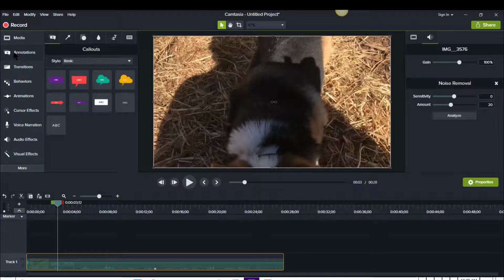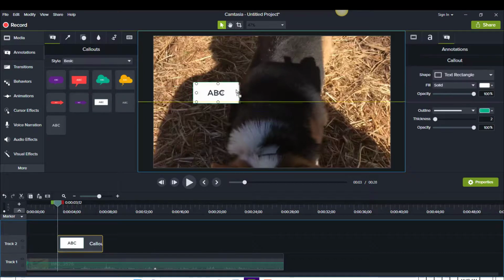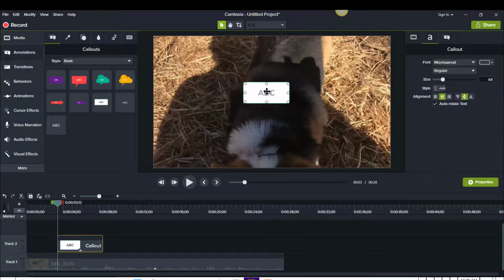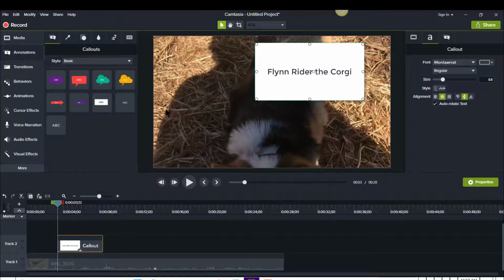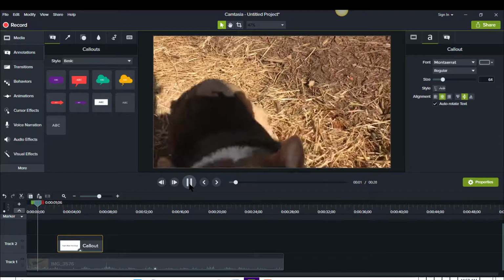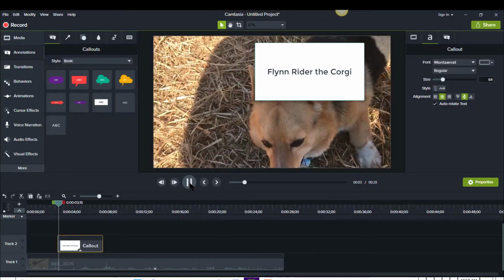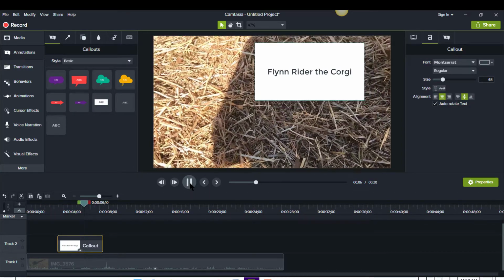Now, most of the tools also will let you do something like put text on it, so you can have a title. So I can say Twin Rider the Corgi, and I can make it big like that. I can position it and that kind of thing. Now notice what it did here. You've got another element on the timeline right here. So if I back up and now I play it in the preview mode, you see where the title comes in,